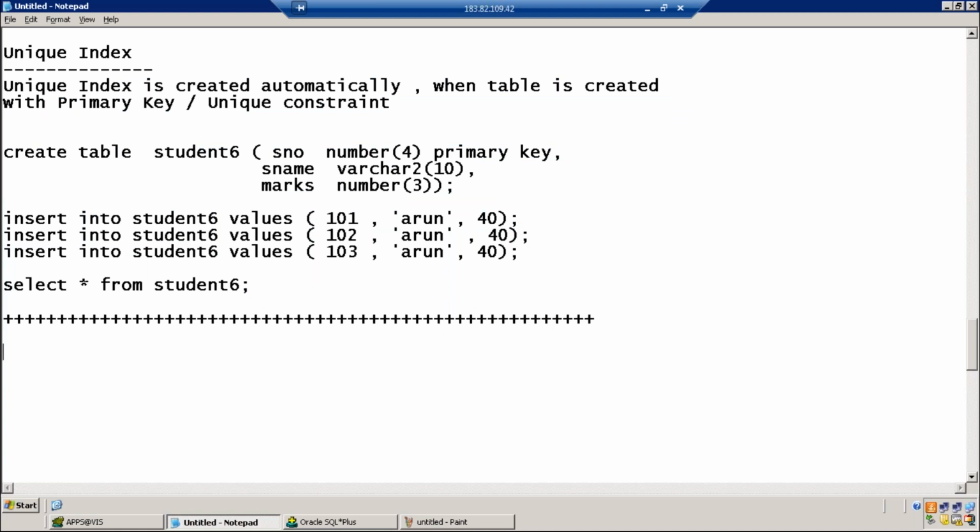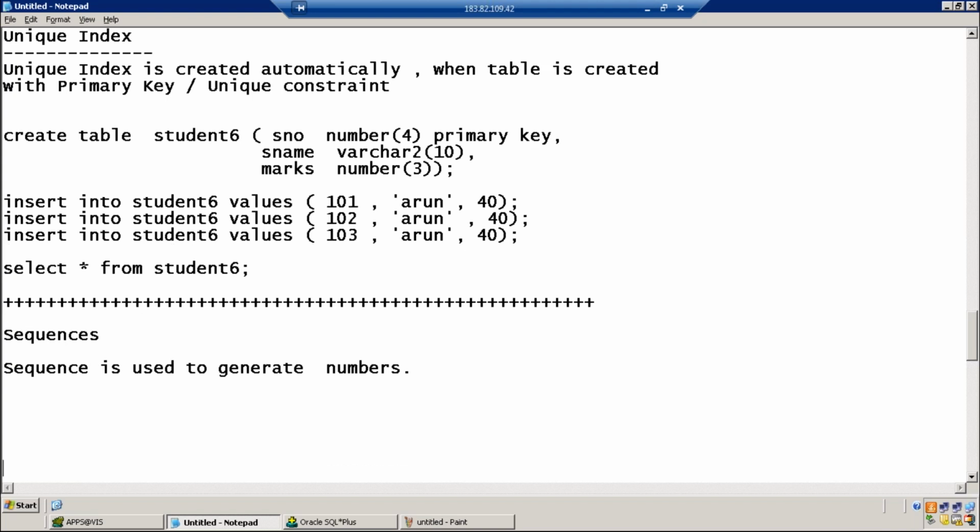Next, let's move to the next concept: sequences. Sequence is used to generate numbers.